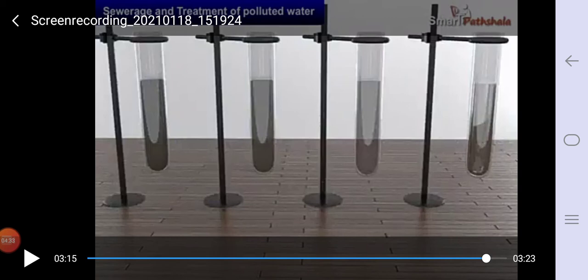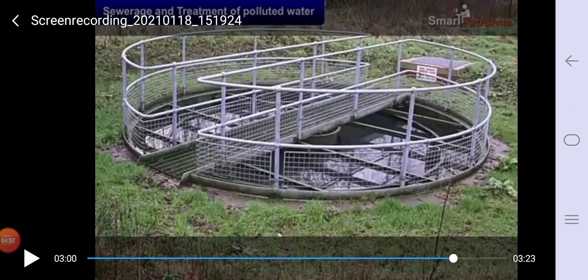So these are the observations, and this was the activity 18.4. So for today we'll stop here. Read from the textbook the full activity, whatever is given there. The same treatment is used in big filters, like you see here. This type of filtration is done here. No filter papers are used here; it is filtered in another way. So for today we'll stop here. Thank you.